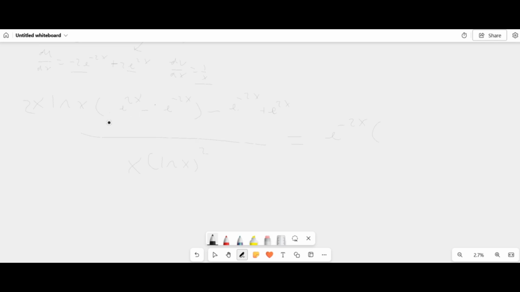Take it out. I know you can barely see it, but it is what it is. So you're going to take it out of here. It's just going to leave you with 2x. Write ln afterwards. Take e to the power of 2 minus 2x out of here. That's going to be 2 minus 2 is 4, so that's going to leave you with 4 e to the power of 4x here, and then minus 1, because e to the power of minus 2x divided by e to the power of 2x is 1. So there's 1 there, and then obviously the ln x from there,